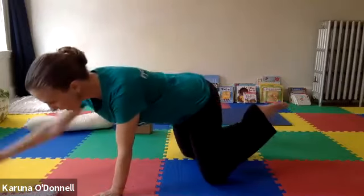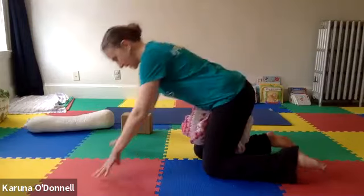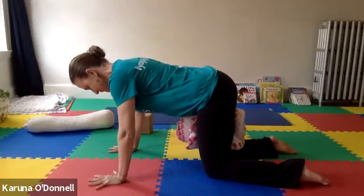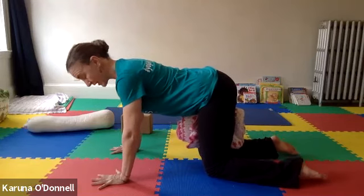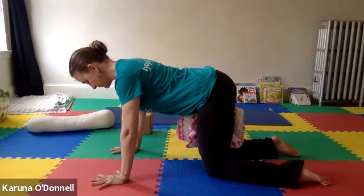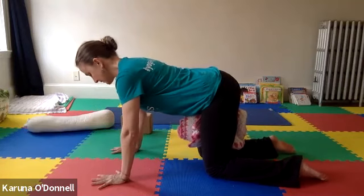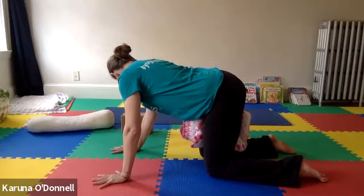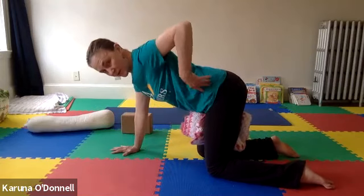With or without the prop, we'll come into some lateral flexion. So if you're using a prop, grab onto it with the inner legs. Extend the spine, back of the head moves towards the ceiling and crown of the head moves forward. Inhale, and then take a look towards the left heel. Inhale back to center. Take a look towards the right,